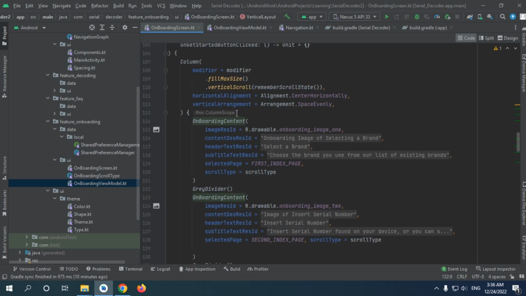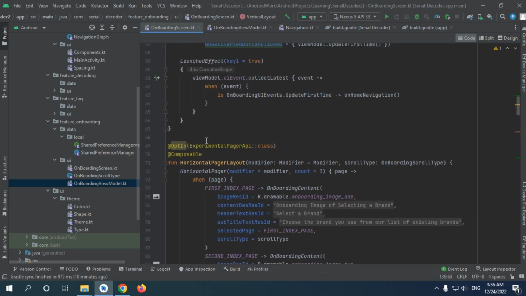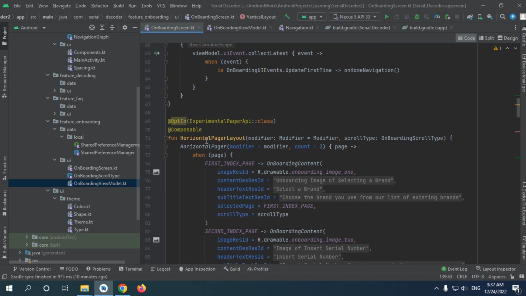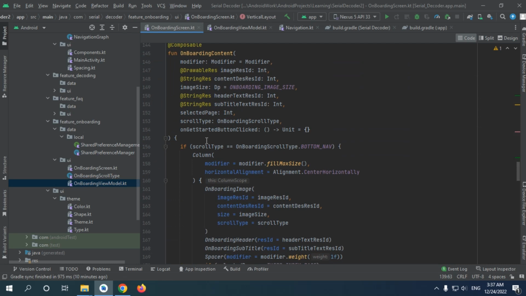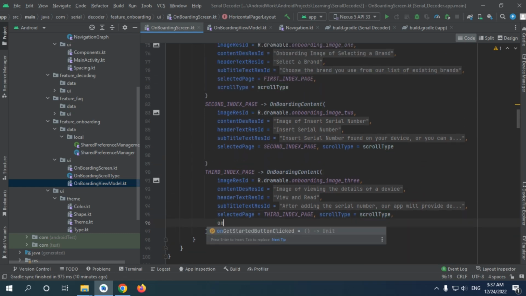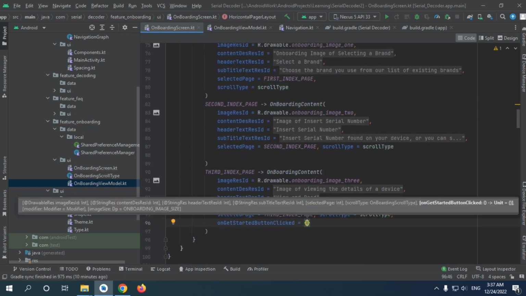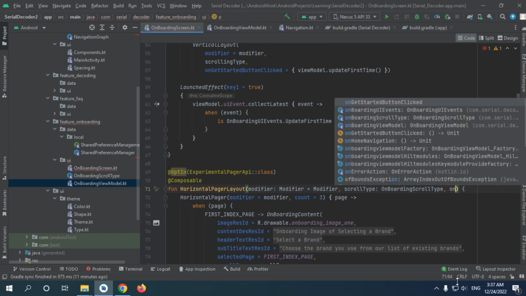For the vertical layout, we have added it, implemented our case, and for the horizontal, we need onboarding content, this one, on get started, and on get started button click, I will add it here on get started,